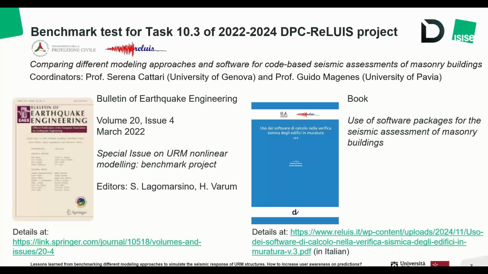It's important to say that many of the results of the ReLUIS project related to the 2019-2021 project are published in the Bulletin of Earthquake Engineering, while the most updated results, including also the results for the project in 2022-2024, are published in this book on the right, which is written in Italian, but we are also submitting some journal papers that will be published very soon in some international journals, and that are indicated during